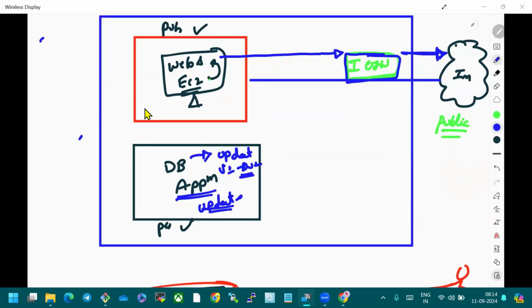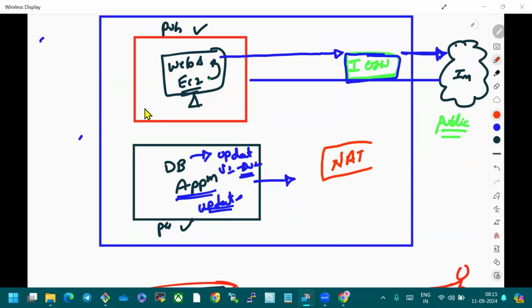So at that time, what should I do? I should change my identity. Just like the terrorist guy, you're just going to change this identity. How are you going to change? There is something called a NAT gateway.